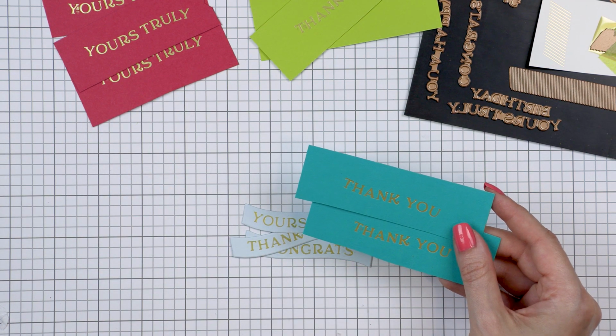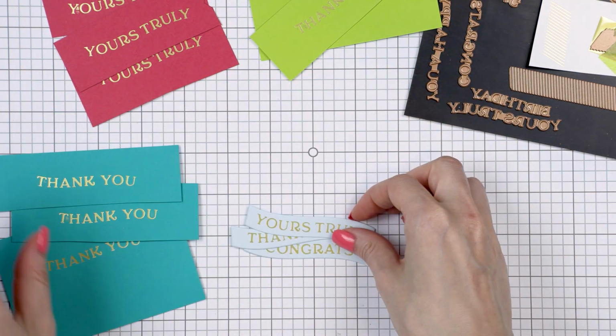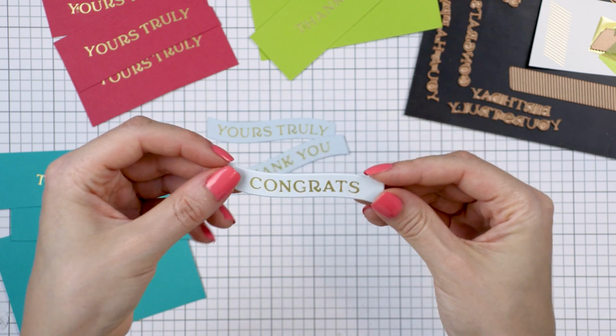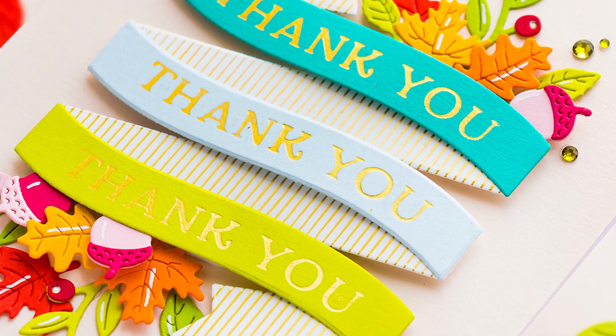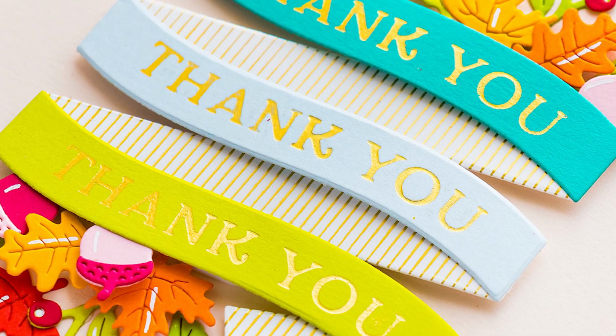You'll notice there's a slight curve to the sentiments, and that's so that they can follow the curve of the banner. Although, you can also use other sentiments and have them work with this banner die, and I have examples for you at the end of this video. So, you're not limited just to these sentiments. You can certainly use other sentiments you might already have in your stash and have them work with this banner